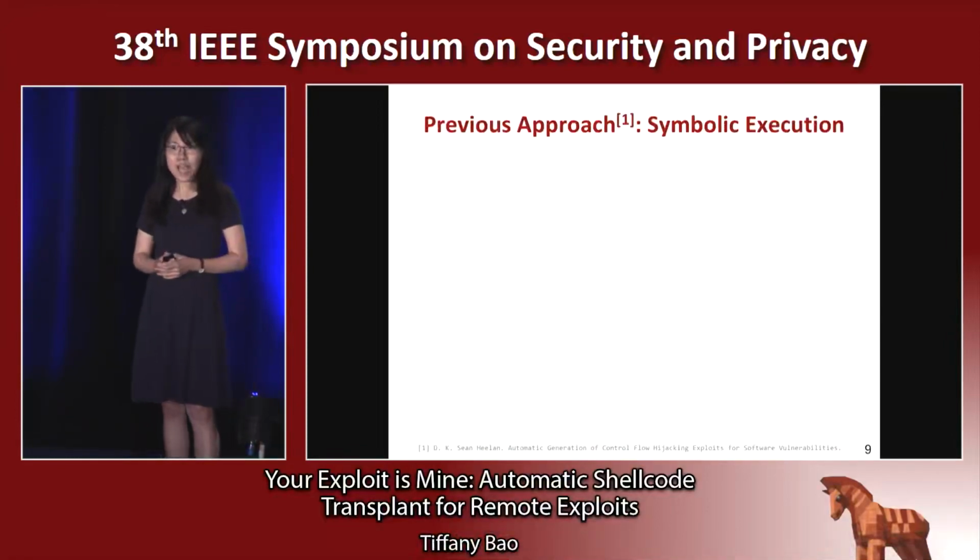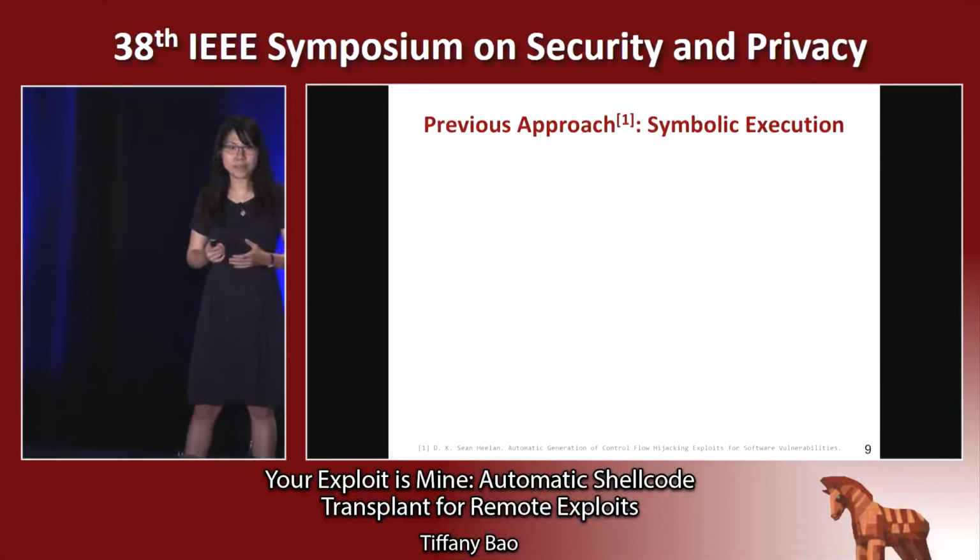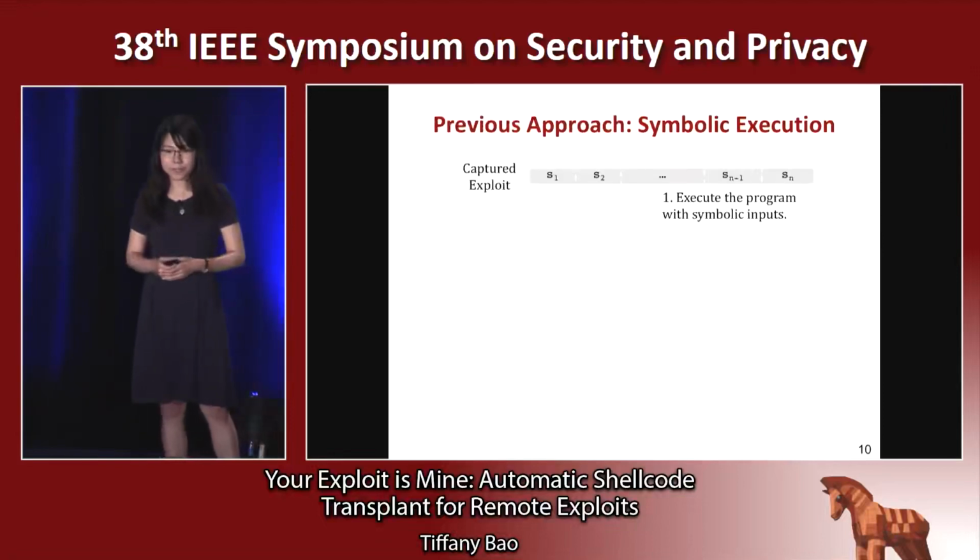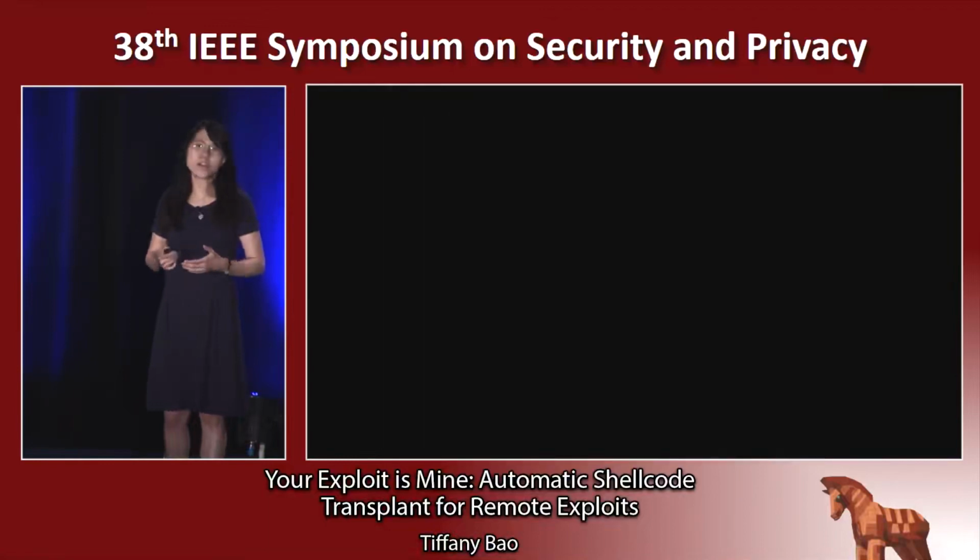To identify how the program processes this input, previous work uses symbolic execution, where it assigns the input to symbols and executes the program symbolically until the program goes to the exploitable state, where we're about to start